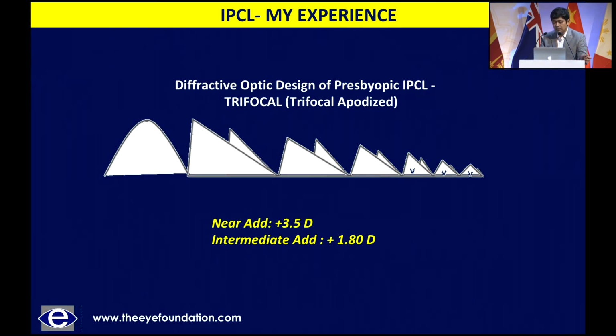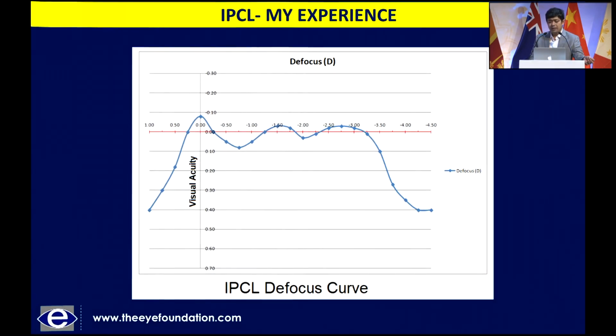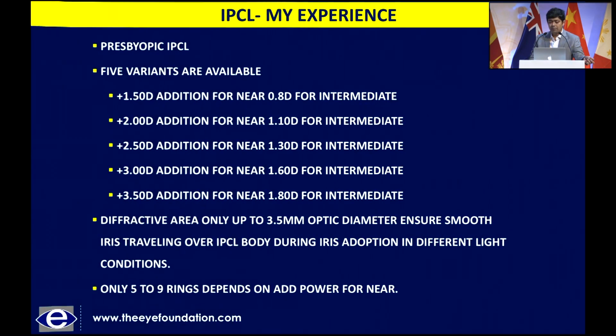The presbyopic lens is also a wonderful addition to our armamentarium, and you have a near add of 3.5, intermediate of 1.8, but again, based on the age and what you want to achieve for that particular patient, you have 5 variants which are available. So generally, what I like to do is in the dominant eye, go for a lower add or the add which the patient currently requires, and in the non-dominant eye to go for just one size, one power higher, so that this helps the patient over the next 5 to 10 years of their life as far as presbyopia is